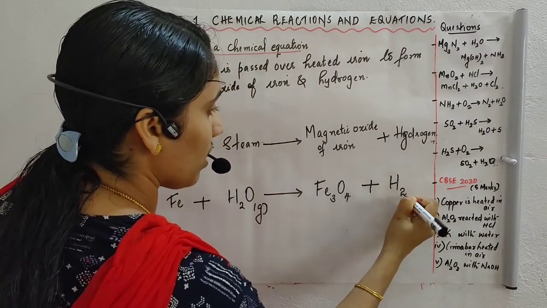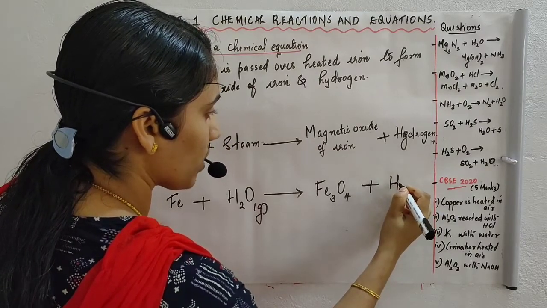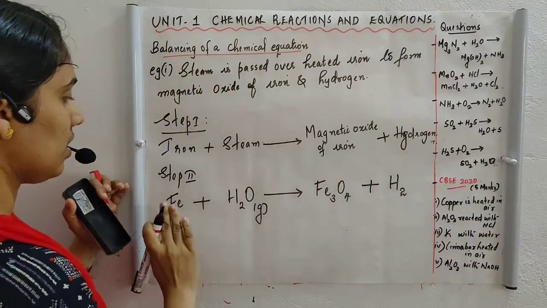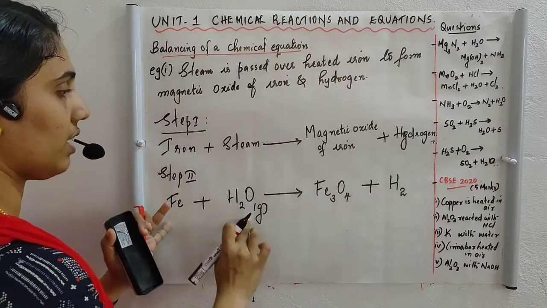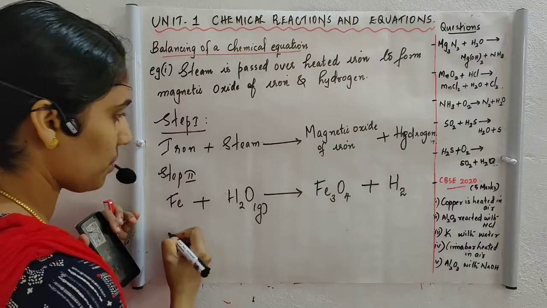For elementary gases, hydrogen means you have to write H2, not H alone. These types of gases you have to write as a molecule. So hydrogen means H2 you have to represent. So this is our step 2, that is, write the unbalanced chemical equation. Then as step 3,